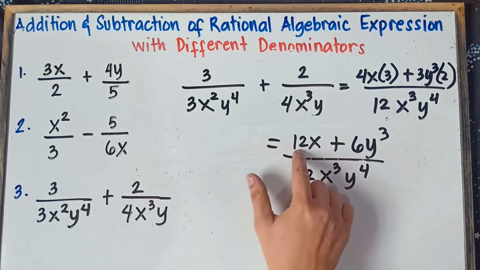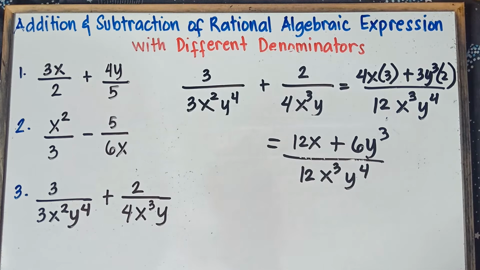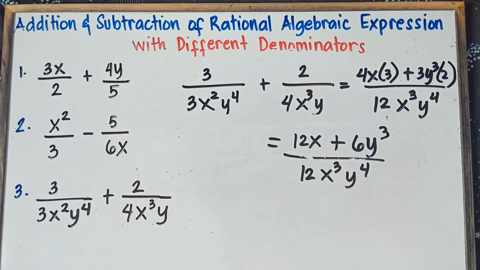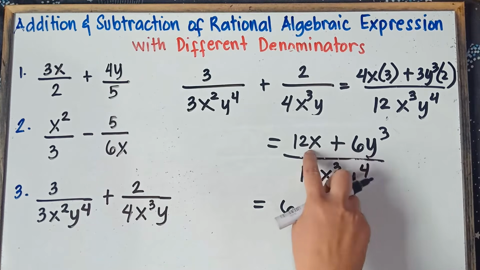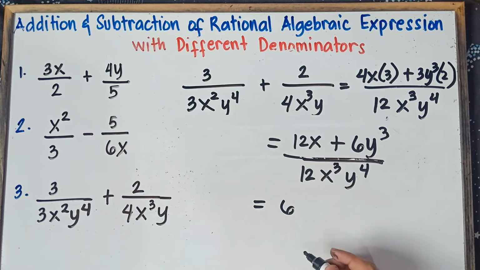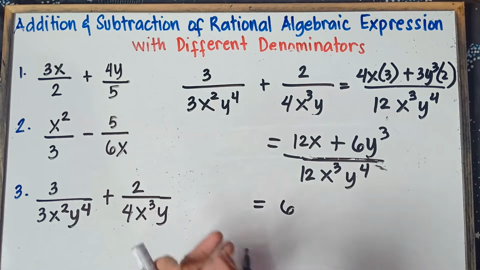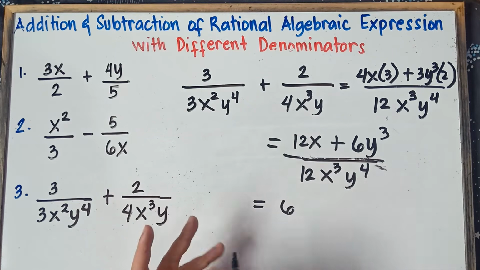So what would be the greatest common factor? The greatest common factor, class, of 12 and 6. That's correct. It should be 6, right? Once again, class, the greatest common factor, GCF of 12 and 6, that would be 6. Now, for the variable, class, we cannot factor out the variable because these are very different letters. This is x, this is y. So therefore, we cannot factor out the letters. So we can only factor out with regards to the number 12 and 6. And the GCF of 12 and 6, that would be equal to 6.